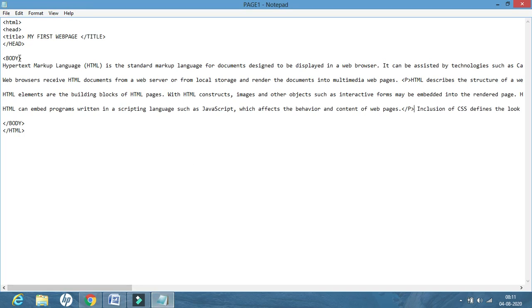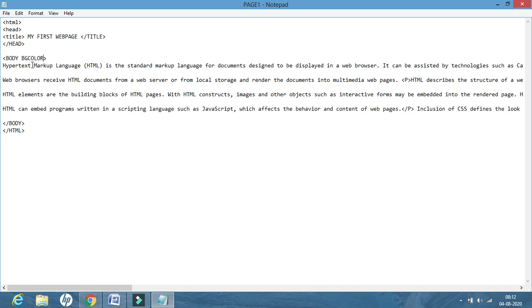So since I want to change the color of this page, what I will do is I will take help of one attribute. Since I want to change the property of the body tag. Why body tag? Because only the body part is displayed in the document. So I will take help of one attribute, and the attribute that will help me to change the color of the body is BGCOLOR. That means background color.